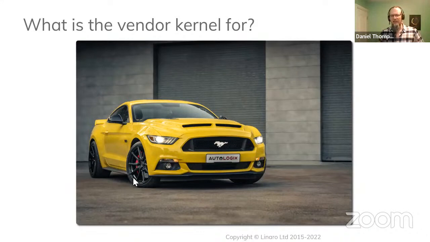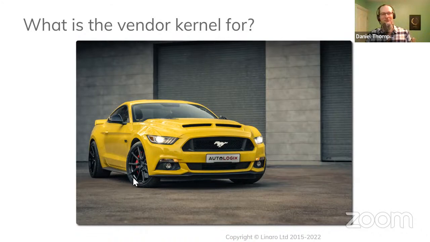So, with a slightly silly turn of phrase, vendor kernel, pictorially represented. Now, this picture originally used to be a 1975 Oldsmobile, a very American looking car to my European eyes, covered in wood panels.